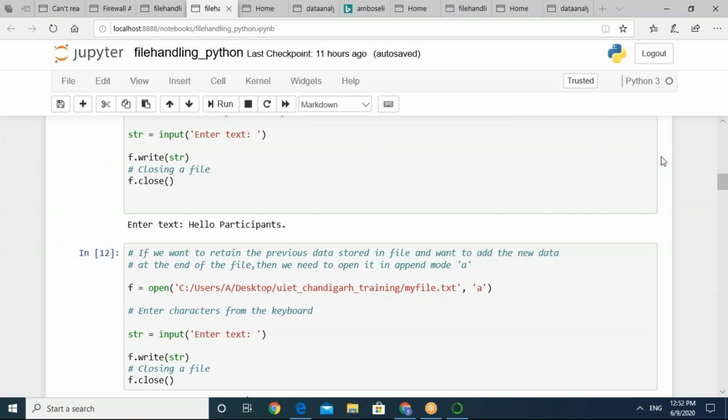Okay, I'm getting the responses: w+ mode, which allows you to read and write your file, and the previous file will be deleted in case of w+. Very good. And you have shown me one more response, that is a+. Very fine. It's just a revision: to append and read the data of the file, the file pointer will be moved to the beginning of the file, and then you can read the contents.